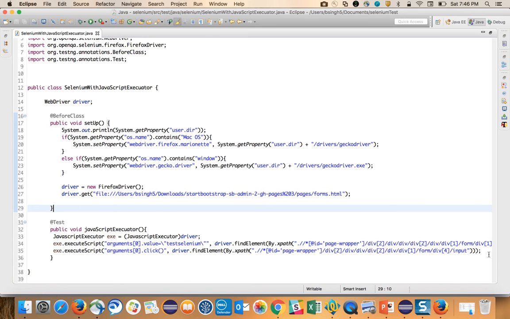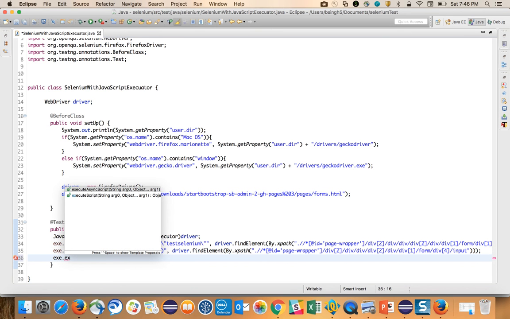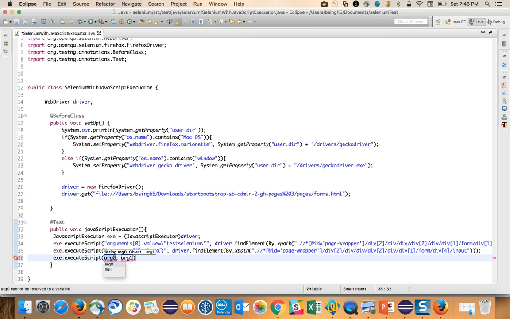Come back and we can just write here executeScript. We can just write executeScript, and instead of writing these two arguments, what we can do is write this in a single line. As of now this is not a string, so we have to convert it to a string. As I said, we need to place a backslash, one here,